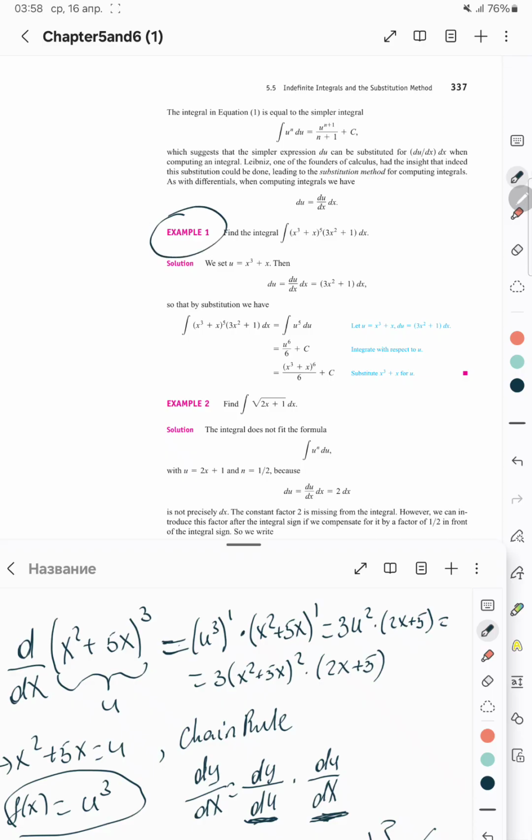it says find the integral. What we will do? First, we will